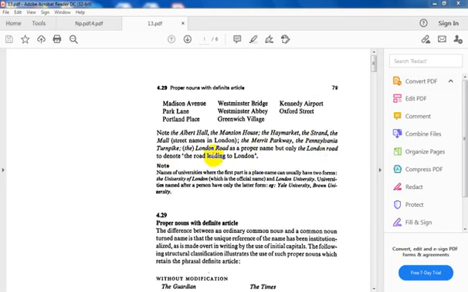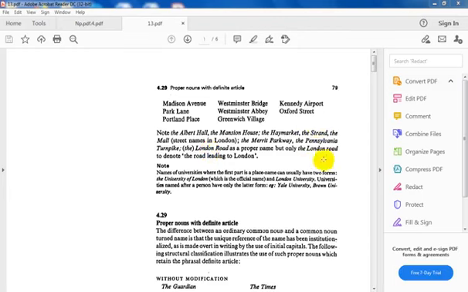Listen, let us compare the London Road, both of them with initial capital letters, and the road, both with initial capital letters. But if we compare it with London Road, London with an initial capital letter but road with a small letter, what is the difference? Here, London Road, in which the initial letters of London and Road are both capital, means the name of the road is London, a proper name.